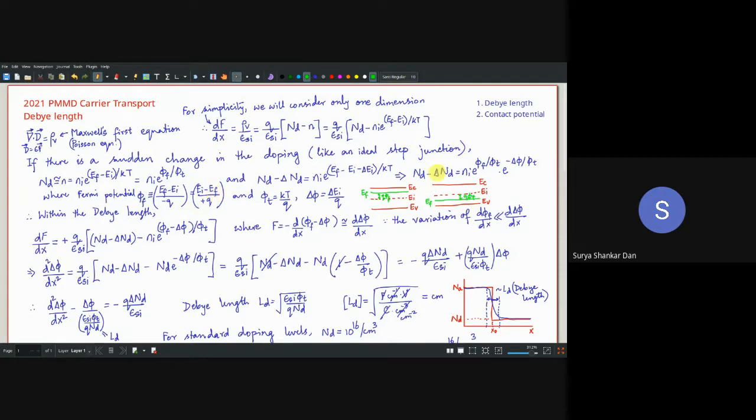Note, the way it is defined everywhere, the Fermi potential is with respect to P material. Why? Because the MOSFET theory is traditionally studied for N MOSFETs. So N MOSFET means N channel MOSFETs. So that means the substrate is always P type material. So this is P and this is N type material. So the definition of phi F is made as the difference between EI and EF.